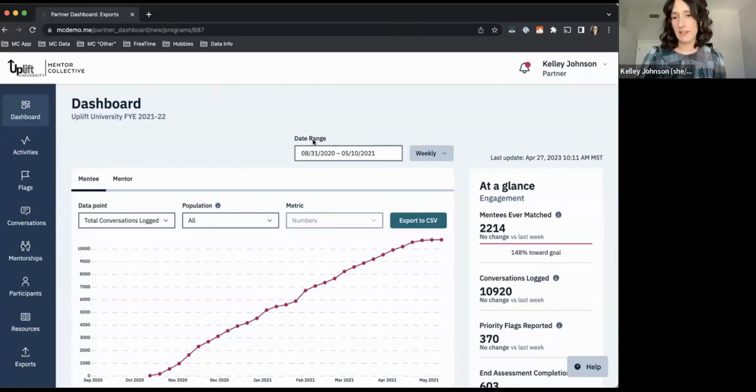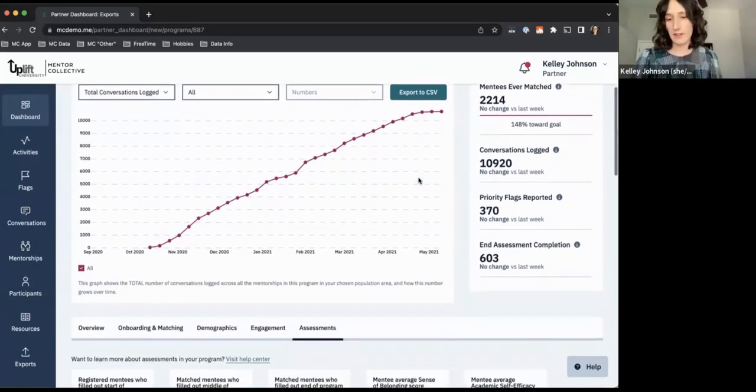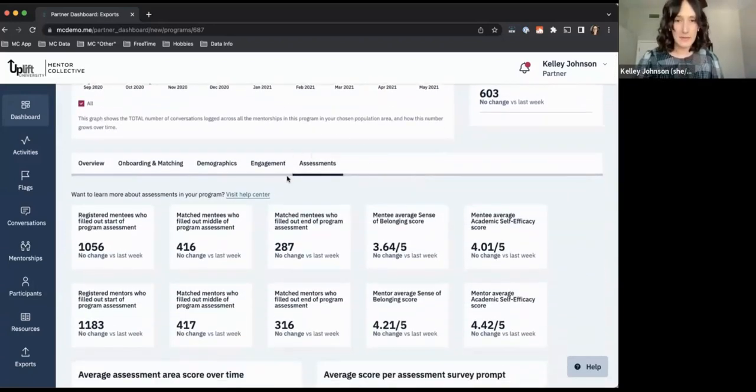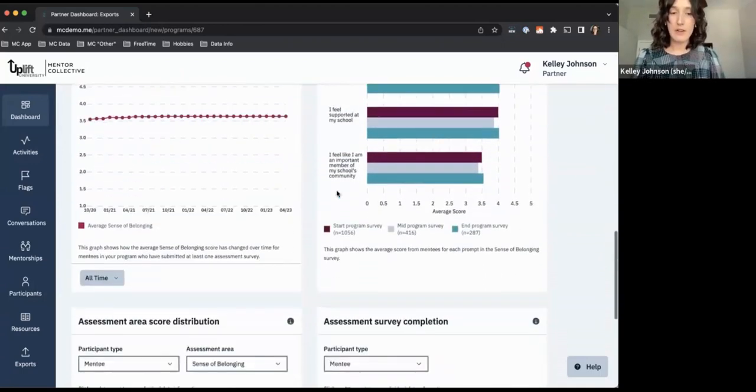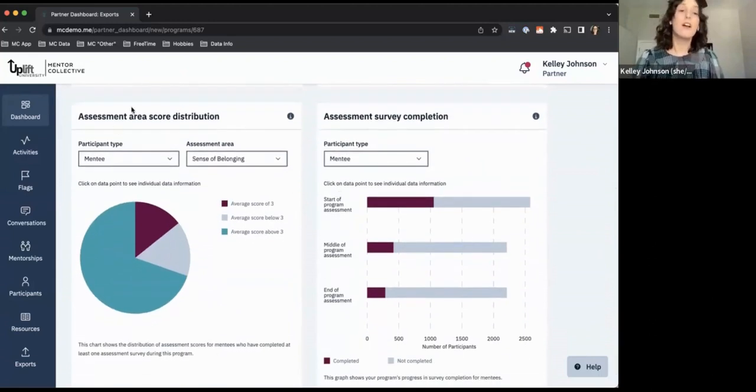It's a perfect question, because that is a use case we did want to specifically build for. We know that the partner dashboard has a lot of information in it, and sometimes you need to be able to narrow it down to just the specific students that might need some extra help. So one of the things I want to direct your attention to is this new assessments tab here that you should all be able to see in your dashboard as long as you've sent some assessments in your program. If you look into this tab, you can now go into this chart here, which gives you some really high-level information about all of the mentees or mentors in your program and what sense of belonging or academic self-efficacy score they've most recently provided.